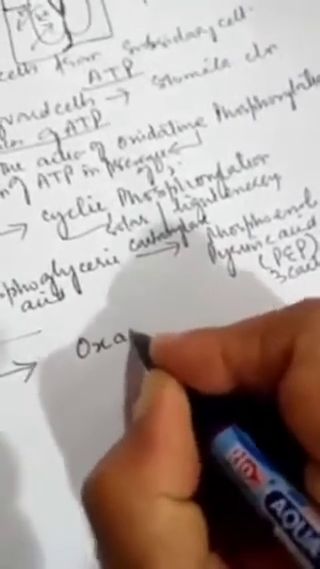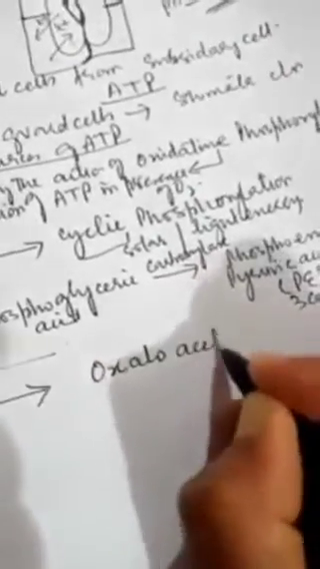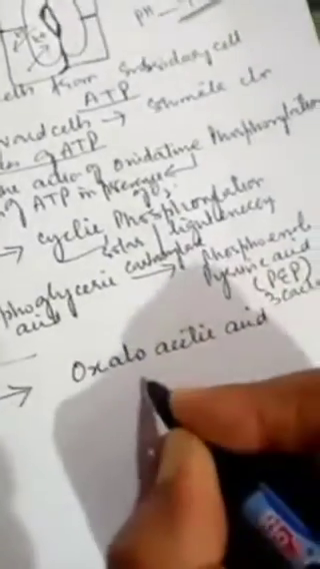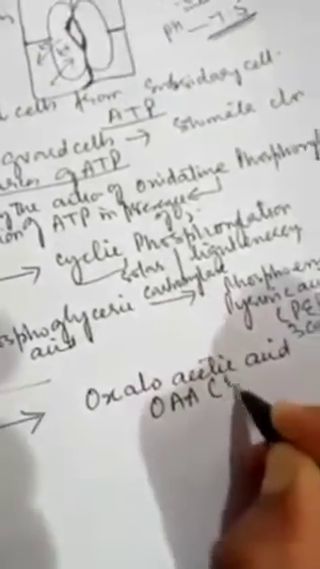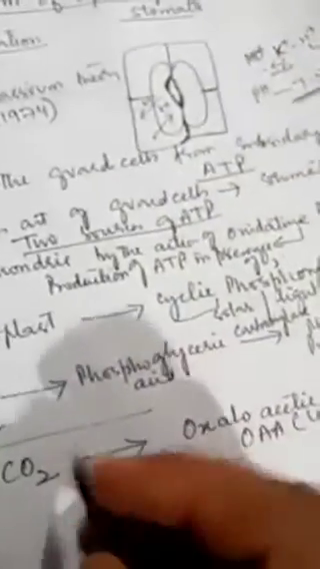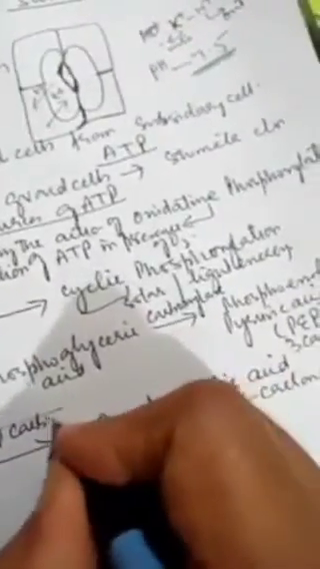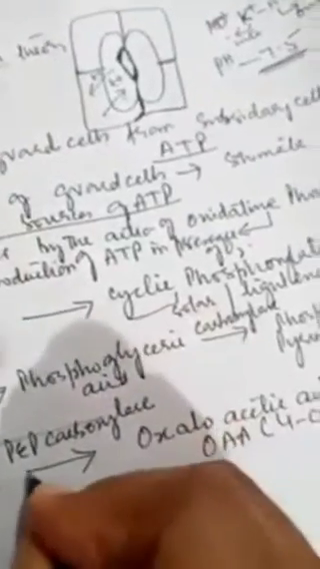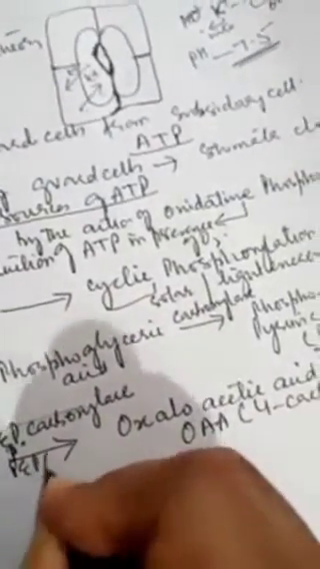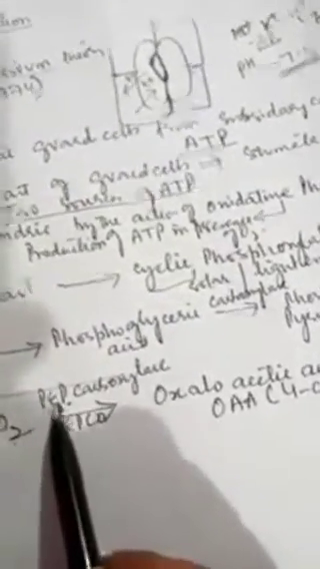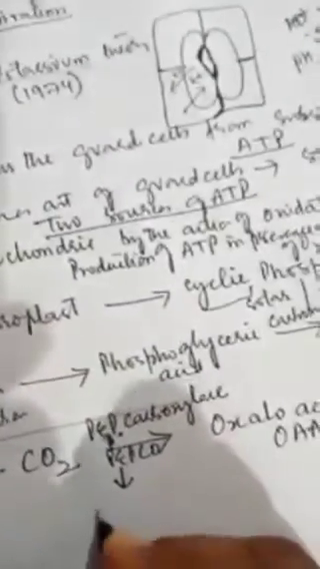This is oxaloacetic acid, which is OAA, the 4-carbon compound, and this takes place in presence of PEP carboxylase, which is called PEPCO. This PEP combines with carbon dioxide to form oxaloacetic acid, the 4-carbon compound, in presence of PEP carboxylase, simply called PEPCO, and this PEPCO is active during the